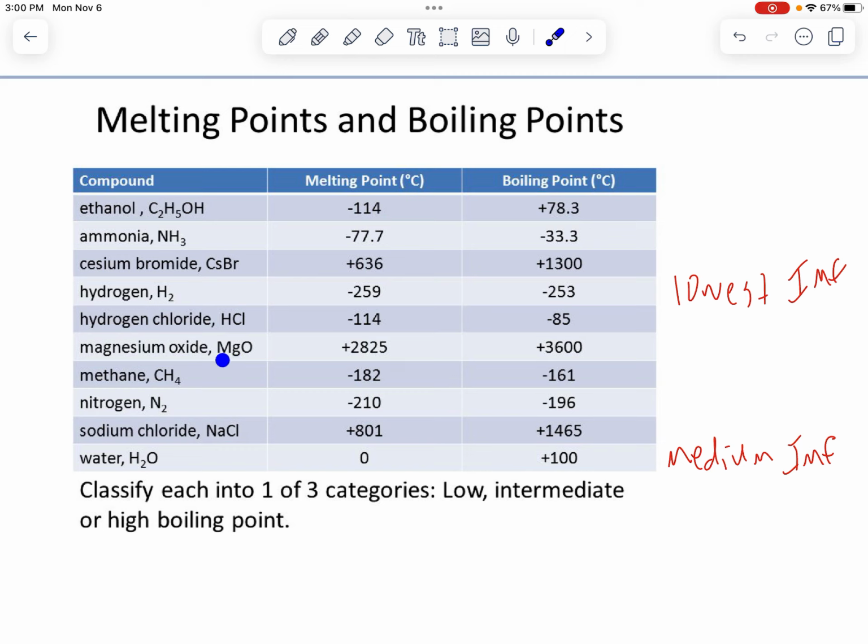Why is that? It's because the magnesiums and the oxygens are strongly attracted to each other. They do not want to let go, right? They don't want to be pulled away from each other. So there's a really strong force holding these together, so we need a huge amount of energy and temperature to pull them apart. So this would be the strongest IMFs by far, right? And we could ask other questions. For example,